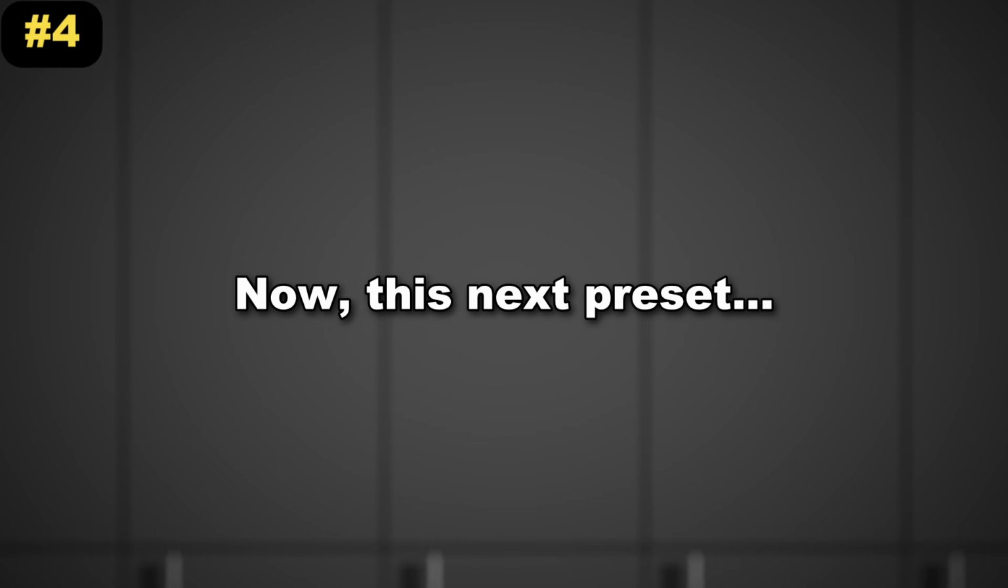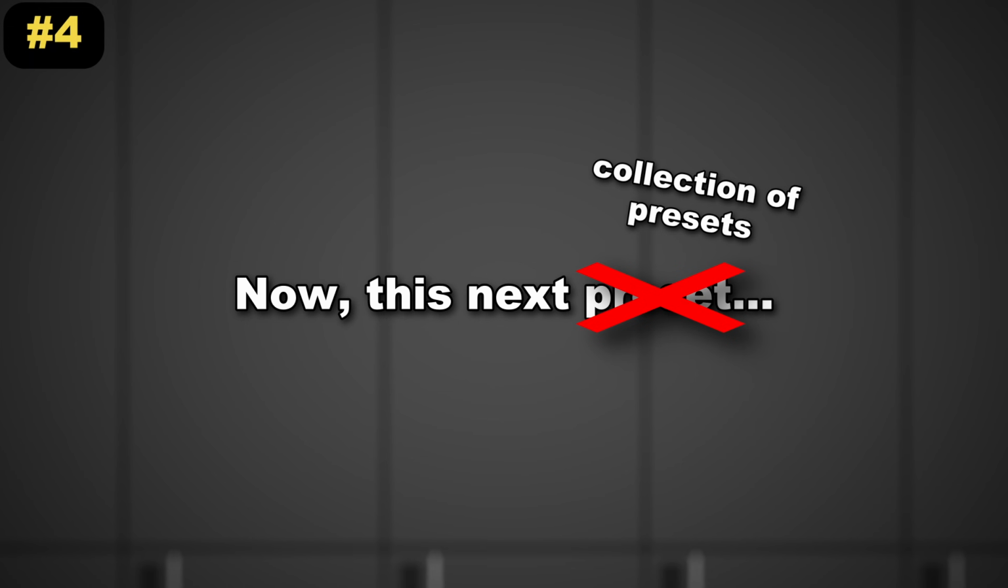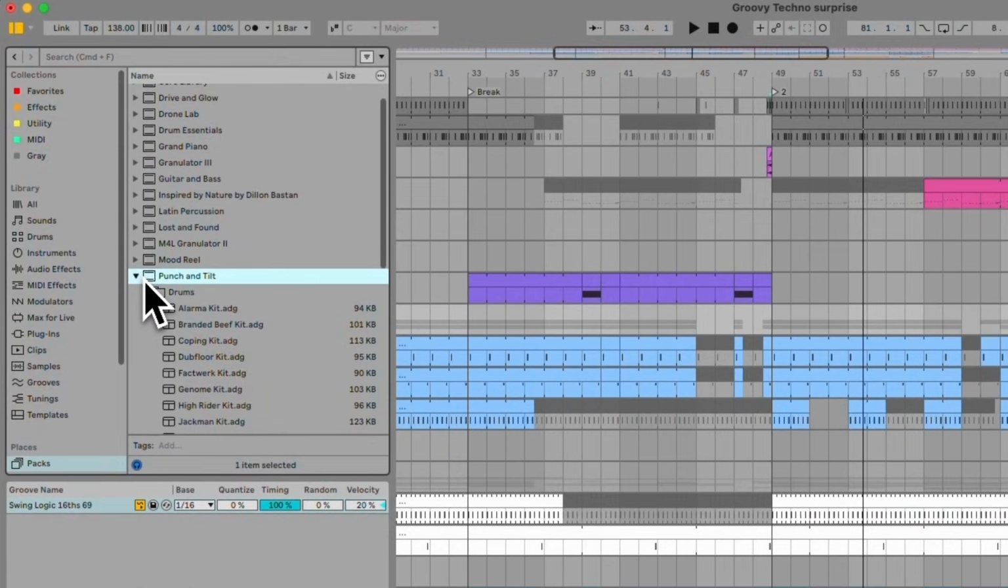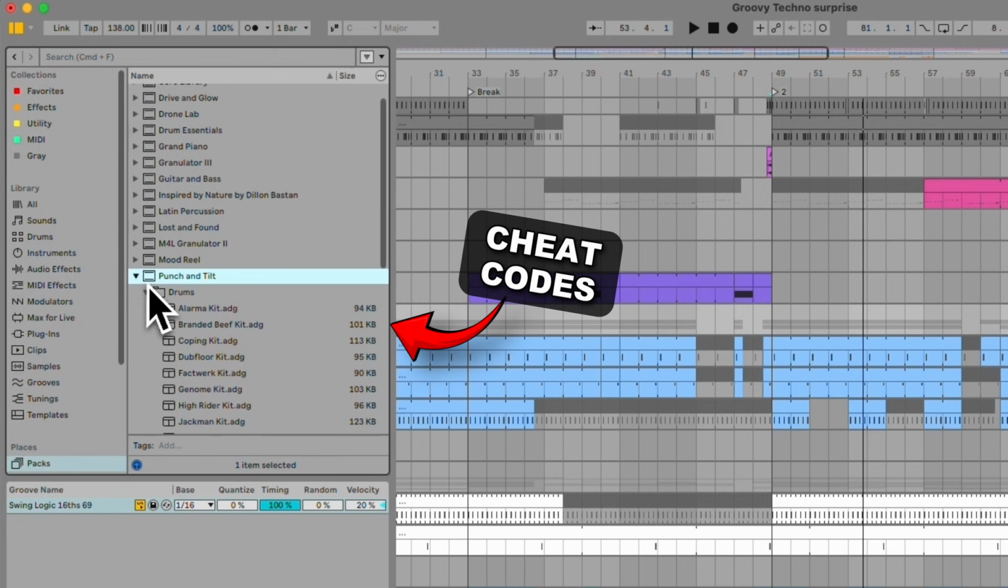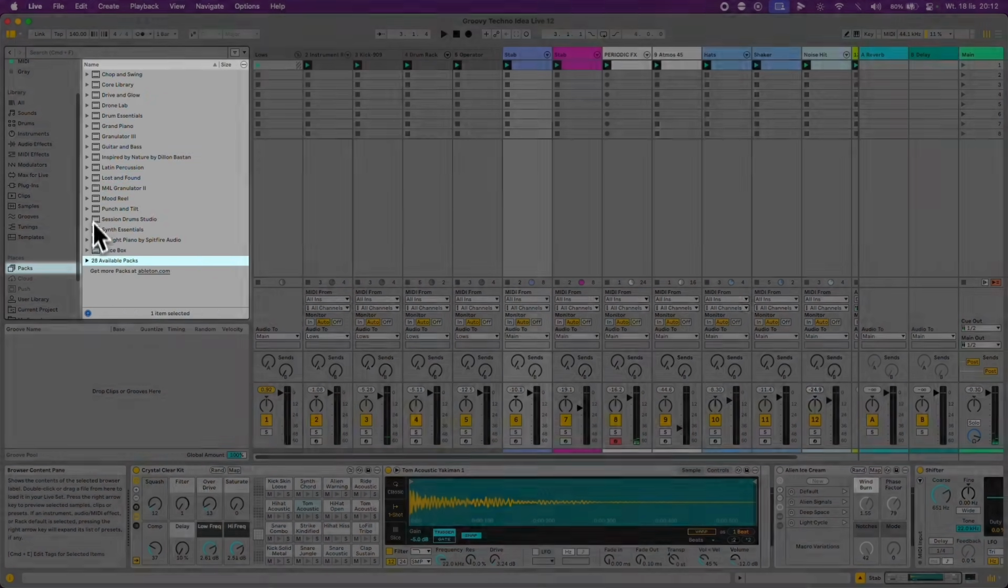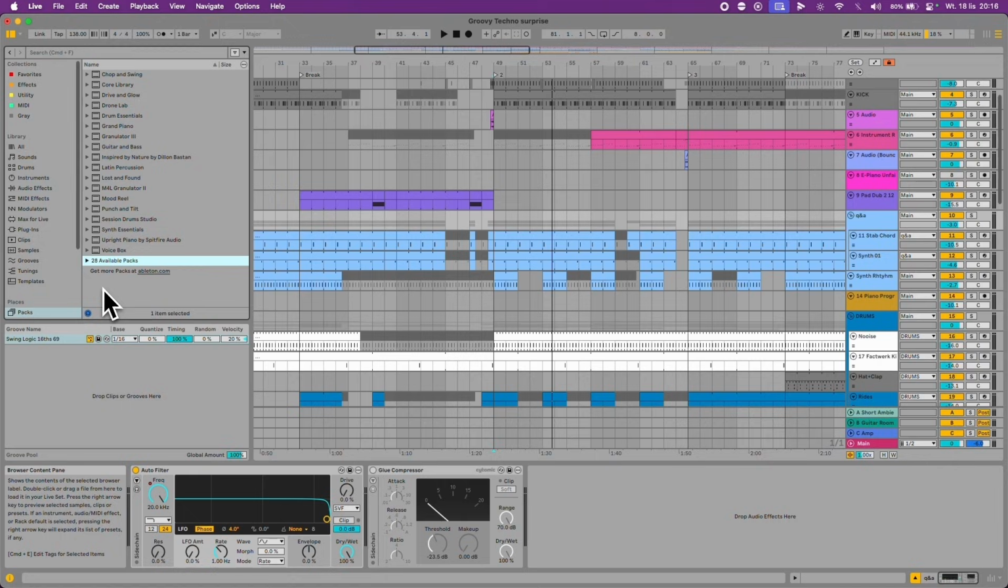Now, this next preset, well, it's more of like a collection of presets. I want you to pay more attention to the drum kits in Ableton. They are literally like a cheat code for your music. They can be super inspiring, and most people overlook them just because they're in the default libraries of Ableton. So I just want to encourage you to download some of the factory packs and see if the drum kits inspire you. For example, this drum kit